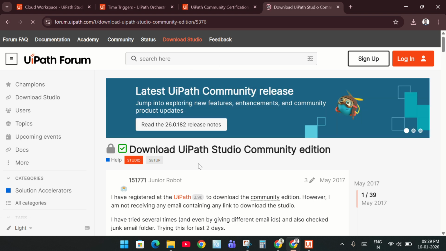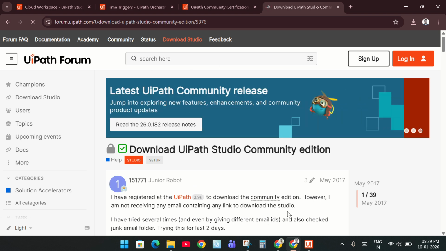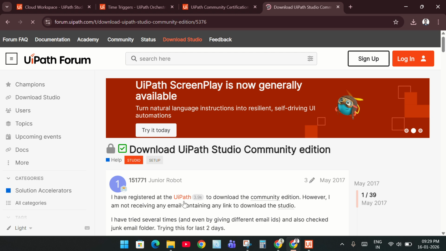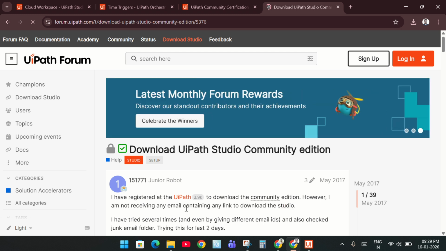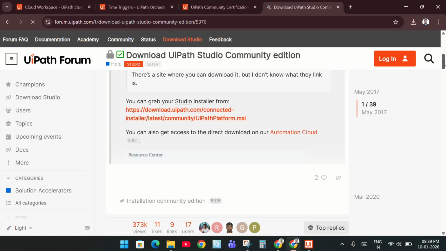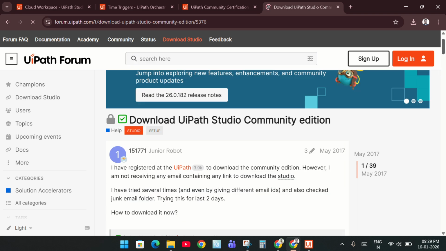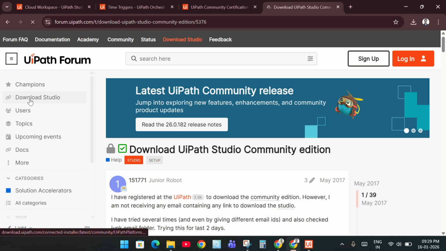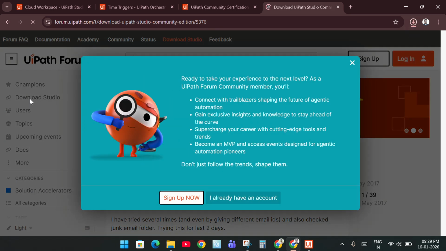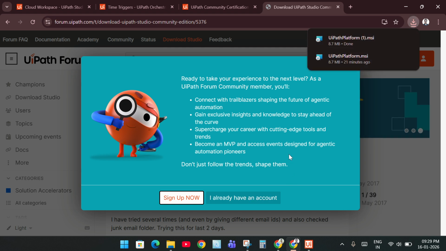So you will see this page appear. Now when you go below, I have registered at UiPath to download. However, all these issues they have mentioned. Somewhere here it is mentioned to go to cloud, and now if I click download Studio, it says I already have an account. When I click this,